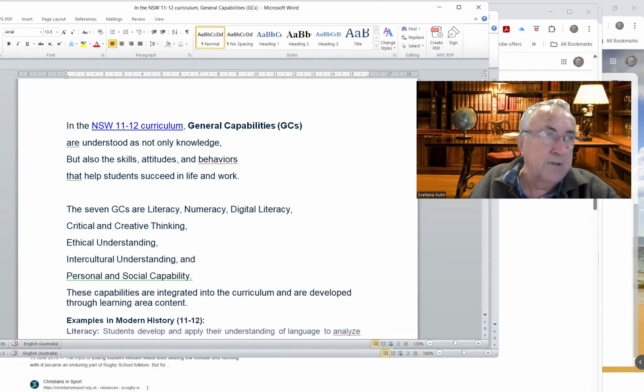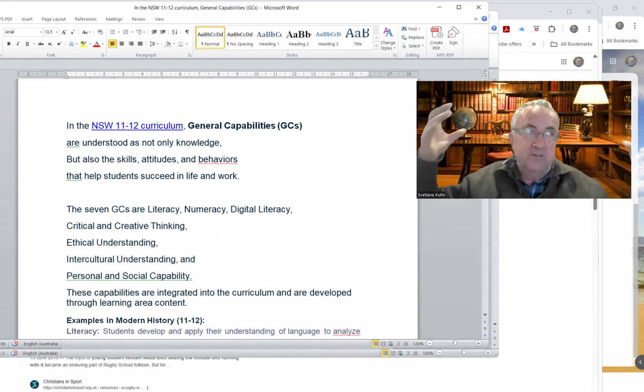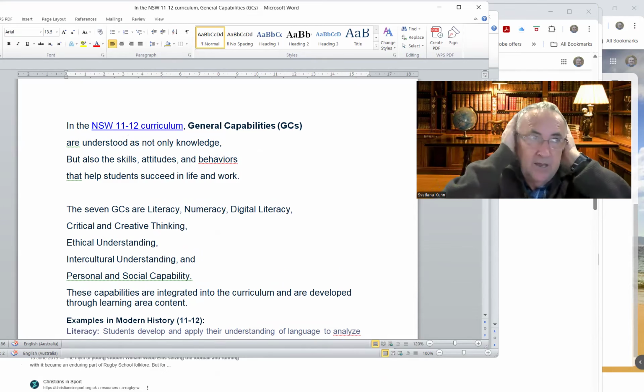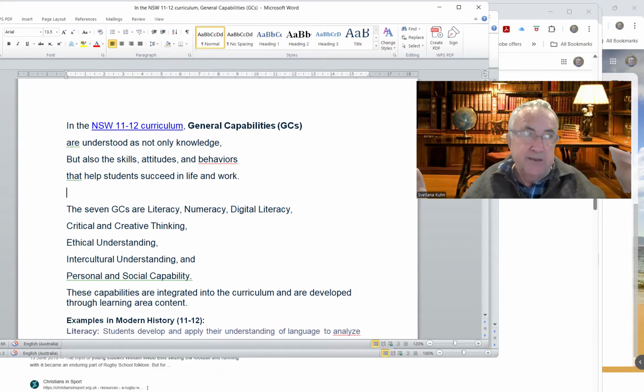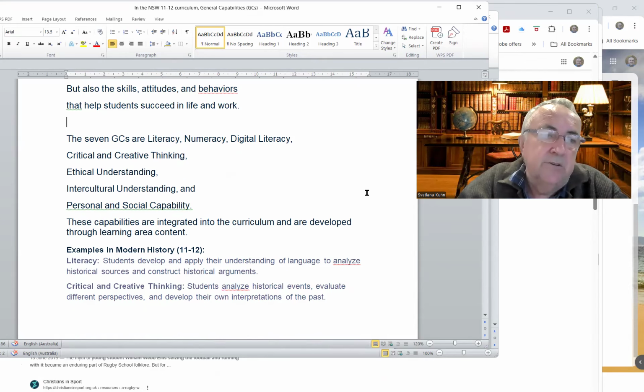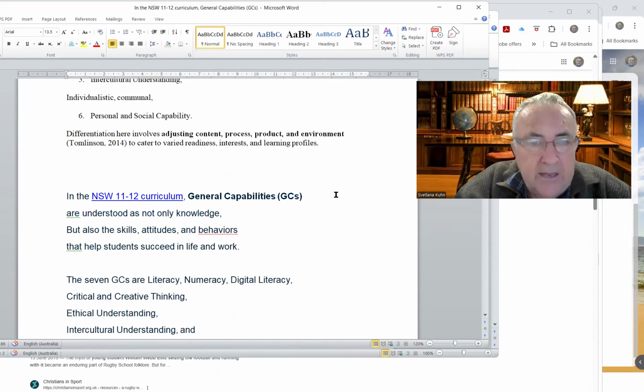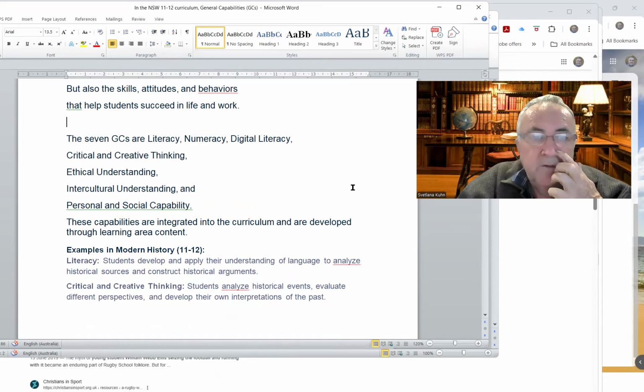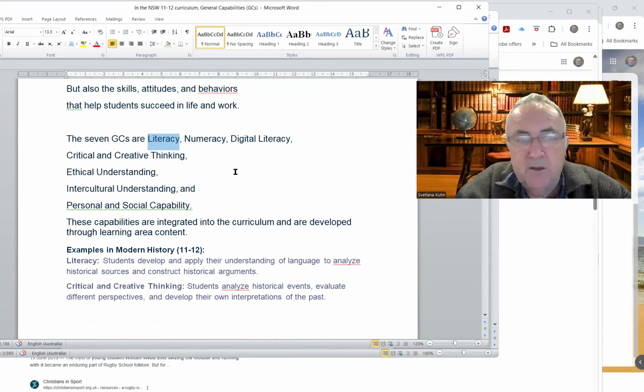There are groups of people that are excluded for various reasons, and you could put on blindfolds and we could experience being blind, and you could block ears and experience being deaf, and give empathy for the different experiences that students are facing. So some of the general capabilities include literacy, ability to write and speak and communicate; numeracy, the